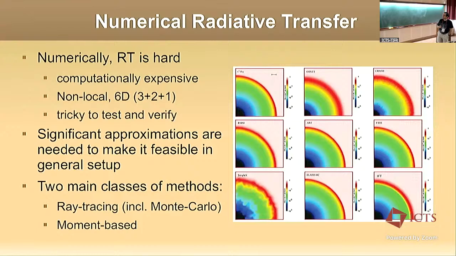Okay, so you have to do all that, and then you come to doing the radiative transfer. When you are doing the radiative transfer, it's a hard problem to do. It's computationally expensive for several reasons. So first of all, it's a non-local process. What does this mean? It means that if you have a photon emitted here, it may be absorbed somewhere else